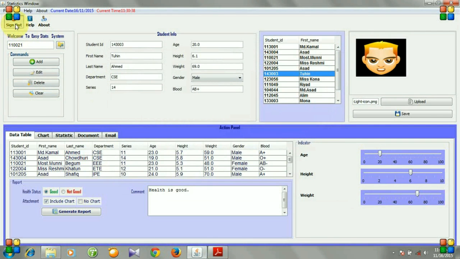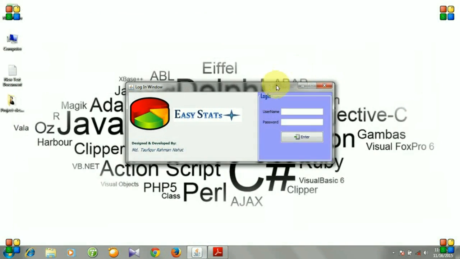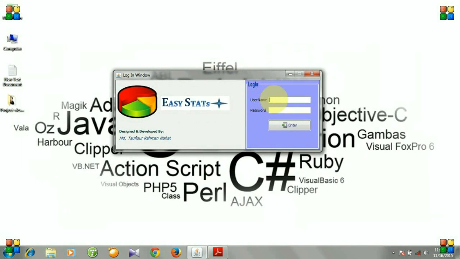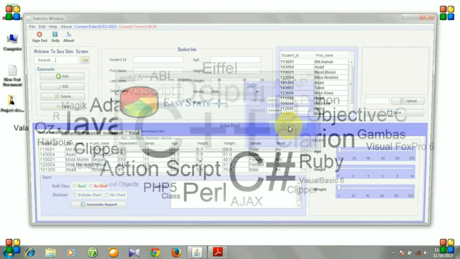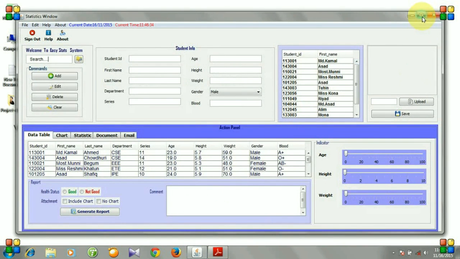Let's click it, and you see we have signed out from the main working window. Let's again log in, and password, and you see our main working window is back.